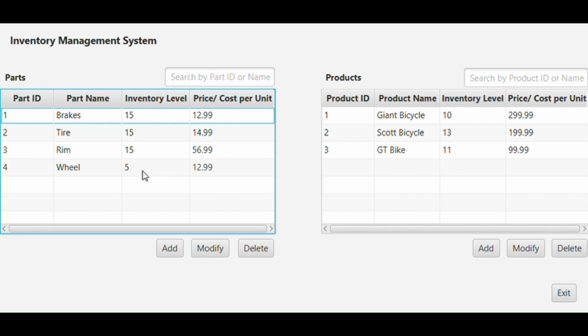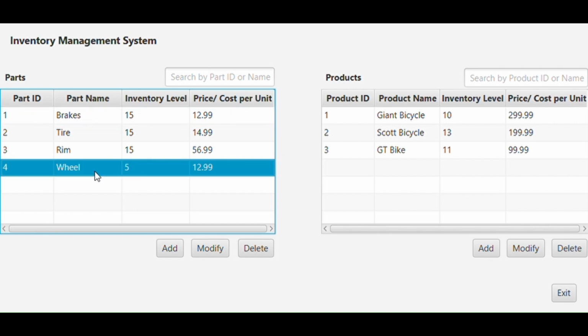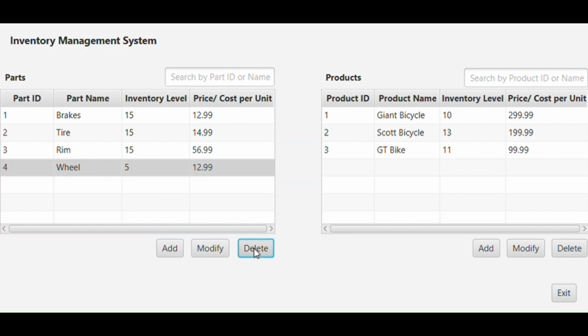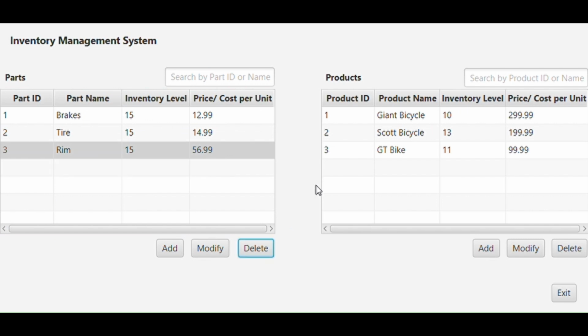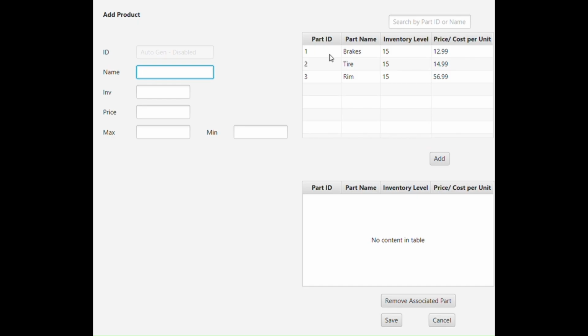You can also delete parts, of course, in which case it will display a prompt confirming if you want to delete the part. I will hit yes. Went ahead and deleted the part. And the same is going to be true for products, except it's also going to contain a view for associated parts. It will take me over to this view, so product, I'm going to say